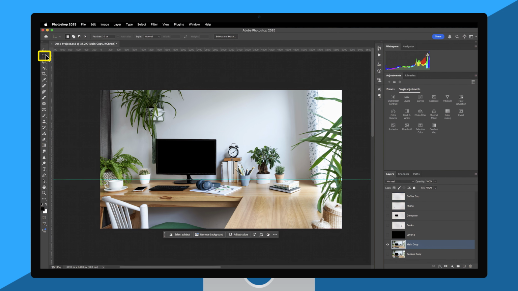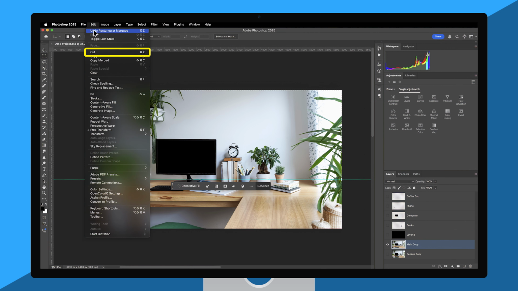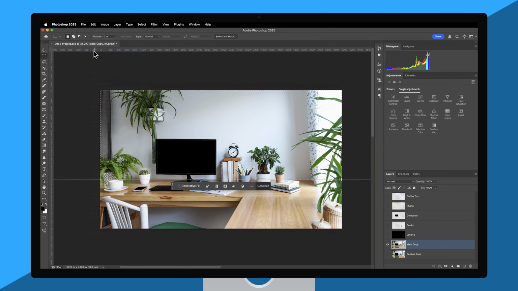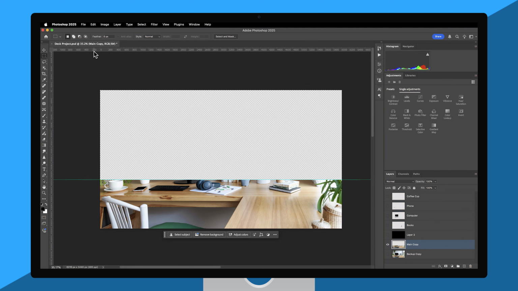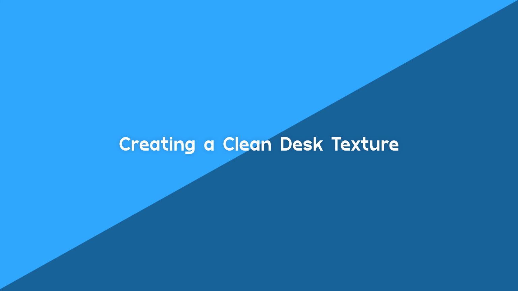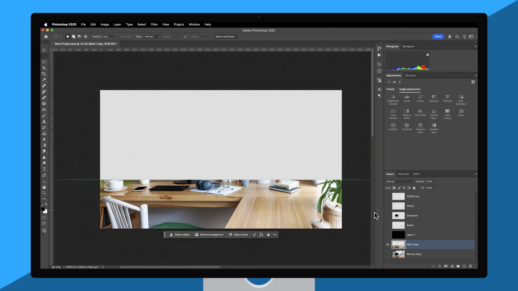in the toolbar. Now hold and drag outside of the composition towards it, and then while holding, meet the edge at the other side. What should happen is the bottom edge should automatically magnetize as you reach towards the guideline. Now go to Edit, Cut, and this action will delete that selection, creating a clean desk texture. Now the problem that we are facing is that the desk is